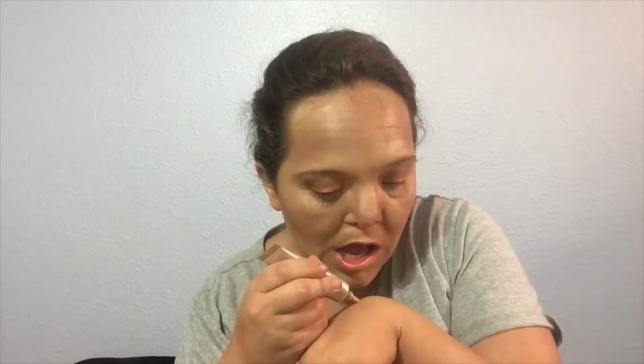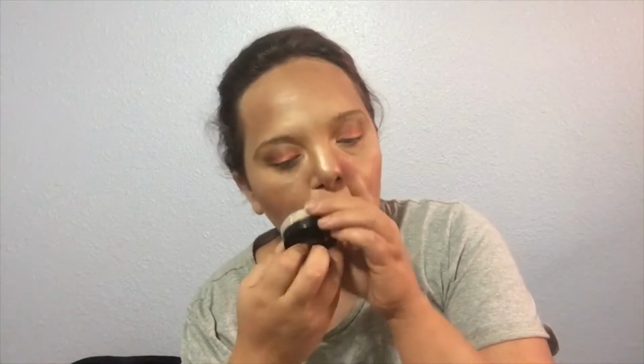I haven't really used it a whole lot, so I can't really tell you whether I absolutely love it yet. But I love the shade of it. Take a look at that. Oh, look at that shine. Oh my goodness. I love highlight. So I'm holding on to that one because, like I said, I'm kind of on the fence about it. Now this one here is called Cougar